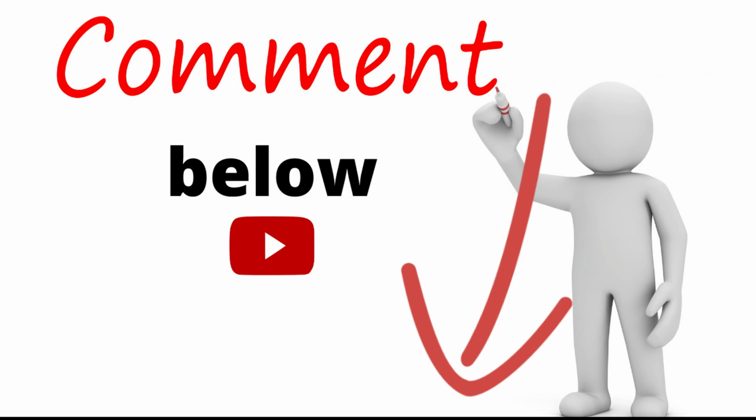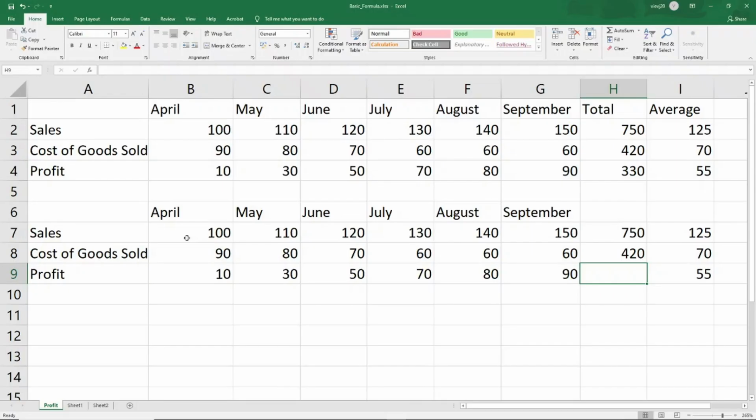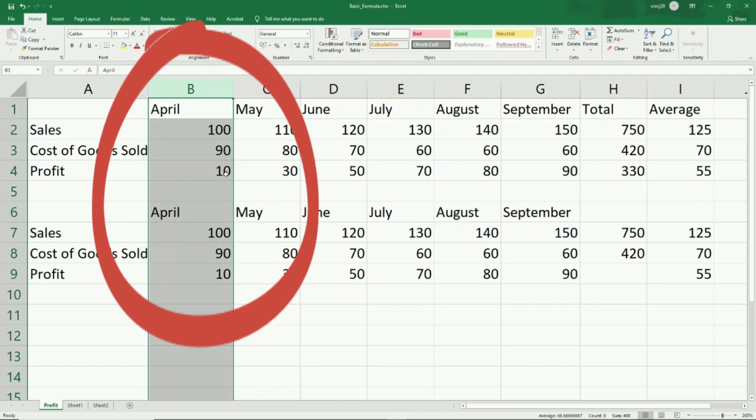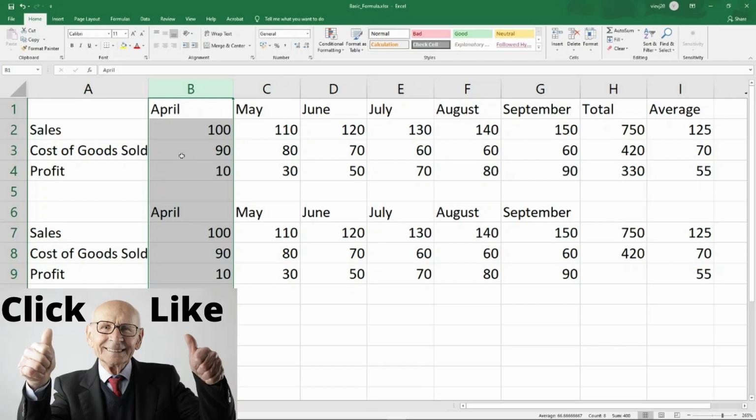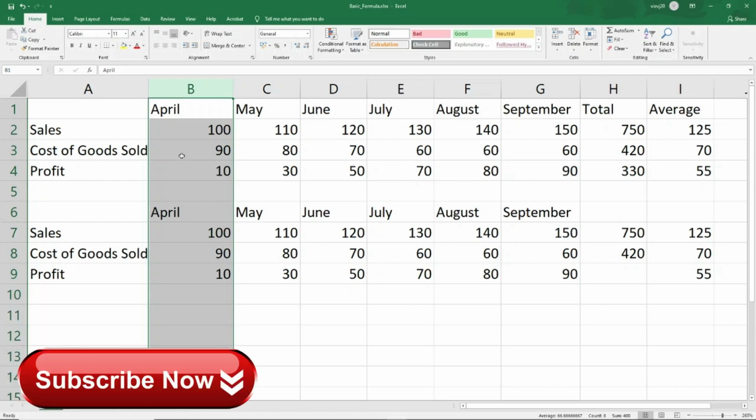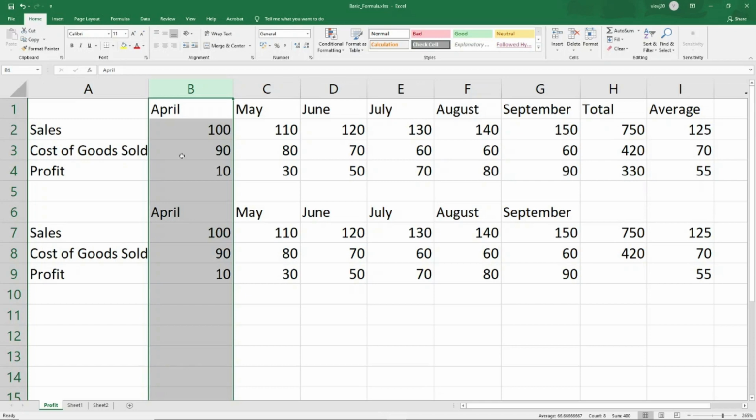So guys, let's get started with width and height. One of the things that you'll notice when you start using Excel is that this particular column B is so wide. Do I really need it to be so wide? Because of this, it may not actually fit into one page when I'm printing it. So the easiest and the best way is you can adjust the width of the columns or height of the rows whenever and wherever it is required.